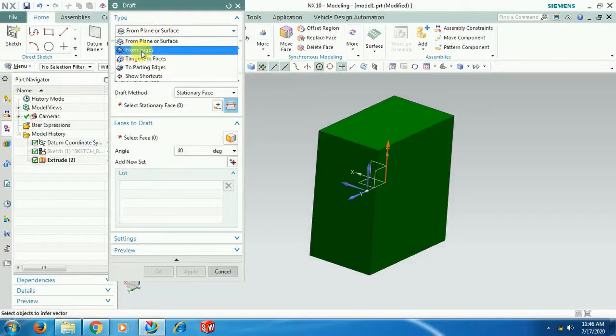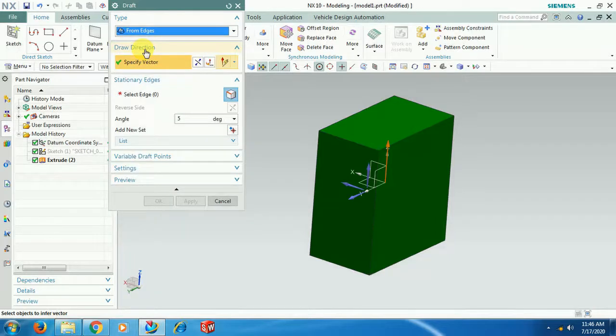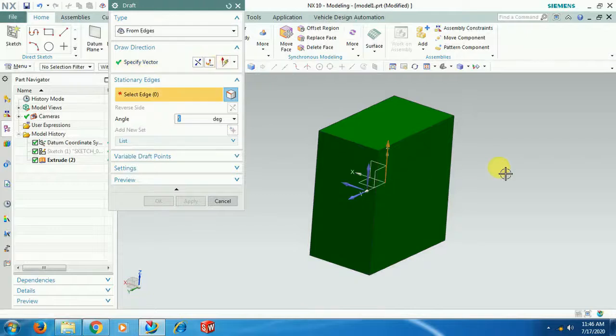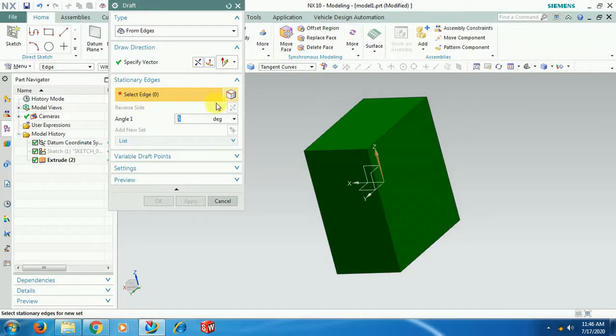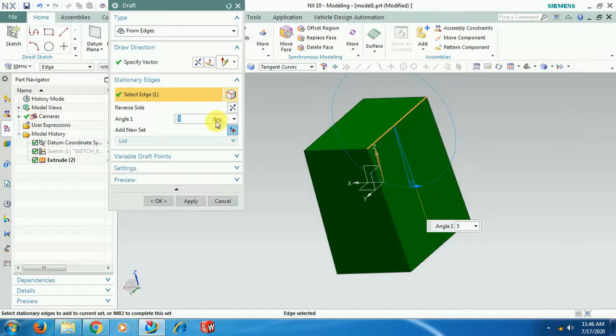From edges. As the name indicates, you have to select an edge. In the first option we selected the surface; from edges is the same thing. Vector, then stationary edge, which is nothing but the face we selected in the previous case. Select this edge, then simply give 15 degrees draft.